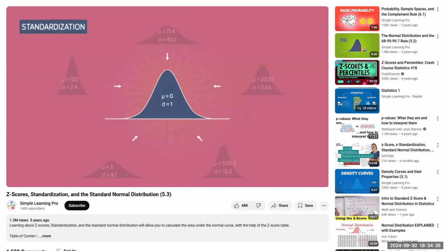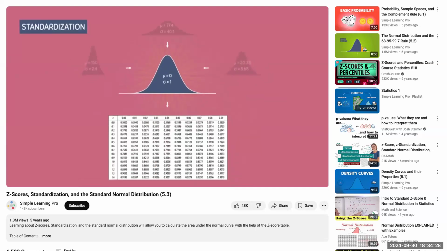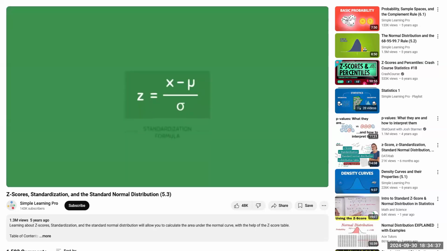The benefit of standardization is that it allows us to use the z-score table to calculate the exact areas for any given normal population with any value of mu and sigma. Standardization involves a formula. This formula says that the z-score is equal to an observation x minus the population mean divided by the population